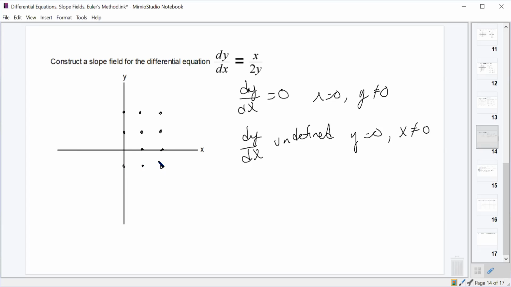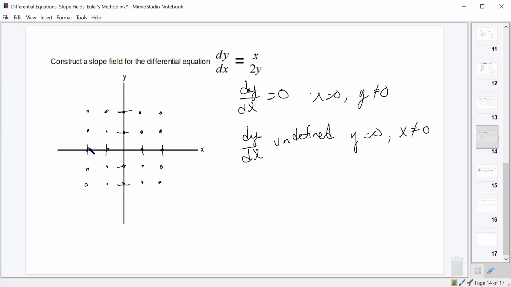So if this was the AP test, what they might do is something like this. They put a bunch of points on, like I said before, and say, sketch the slope field at the indicated points. And so we would do that. Anywhere where x was 0, but y was not 0, we'd get 0. And anywhere where y was 0, but x was not 0, we'd get vertical